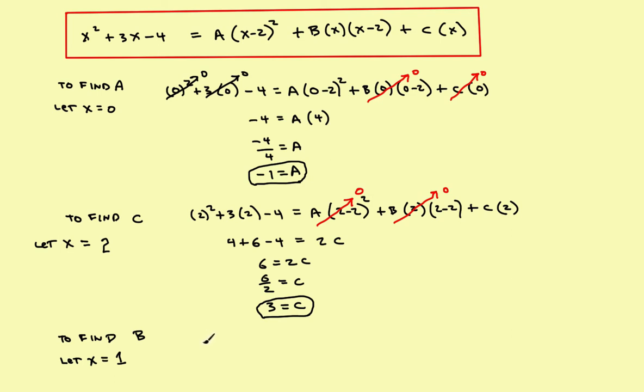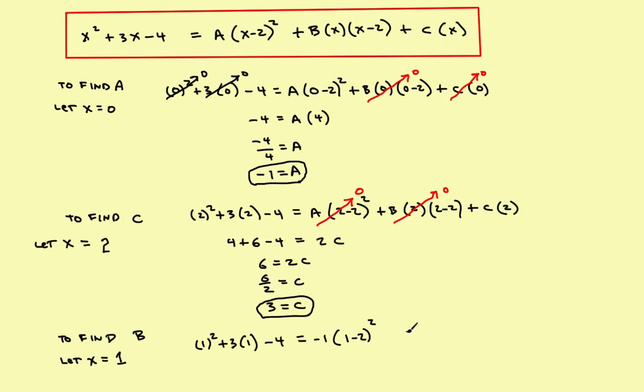So let's go ahead and rewrite it one more time. In place of x, we'll put a 1, plus 3 times 1 minus 4 is equal to, and the trick here is this. In place of A, put what A is equal to. So A is equal to negative 1. And then we're going to plug in again a 1 everywhere we've got an x, plug in a 1